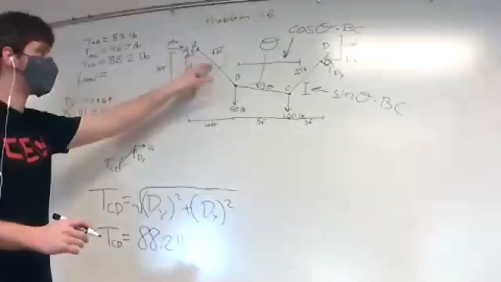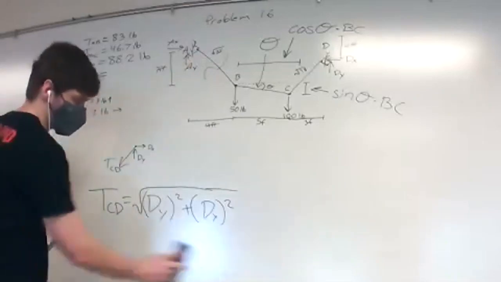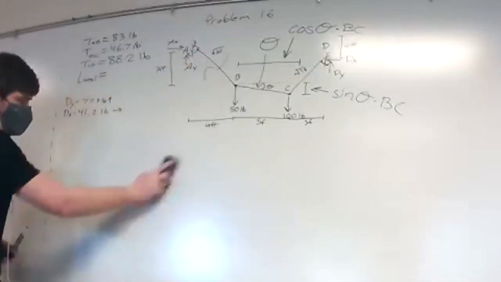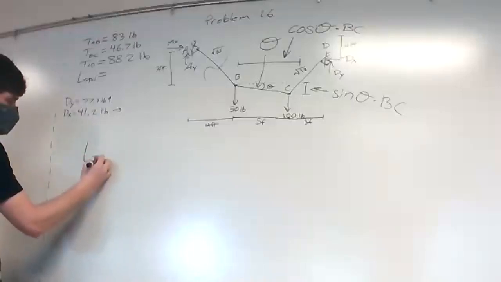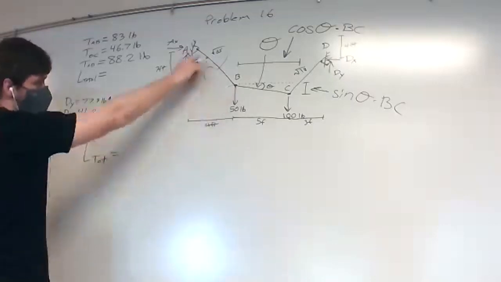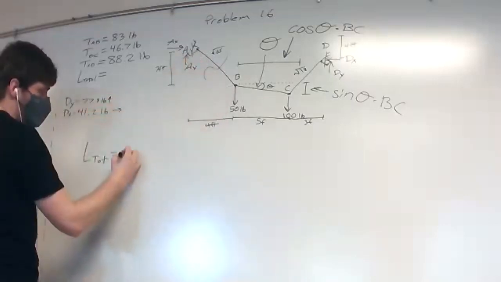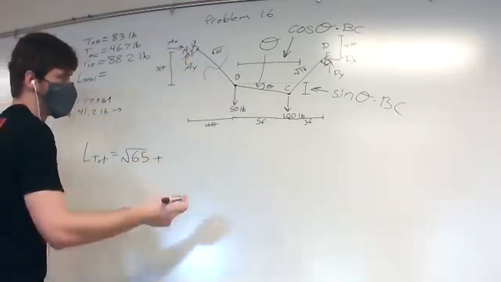We know the total length of this cable is 65 because we've already found it, right? So L total is going to be equal to square root of 65, the length from A to B, plus